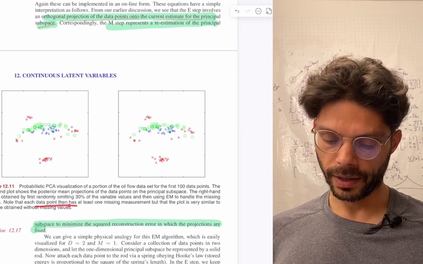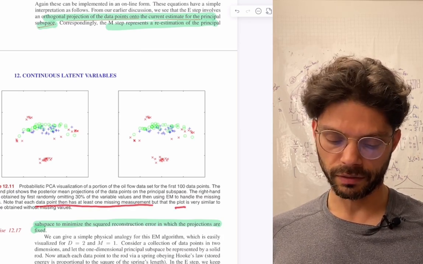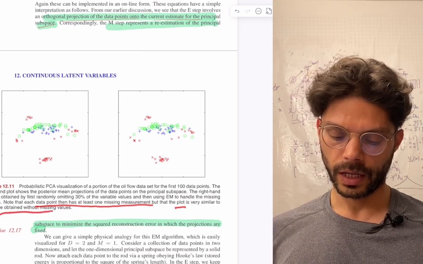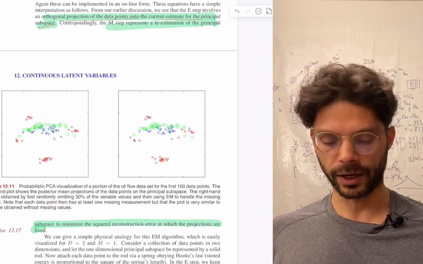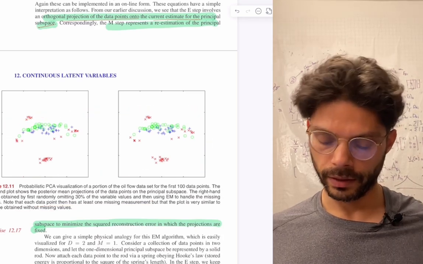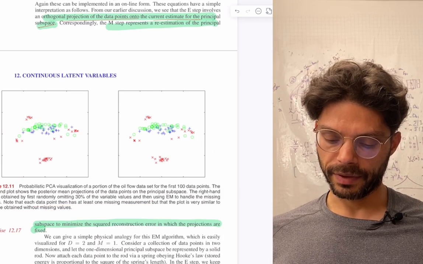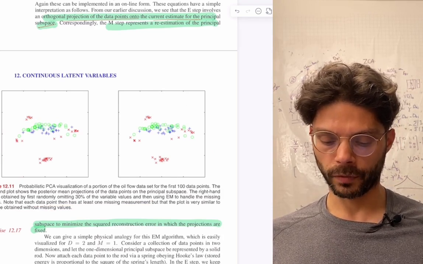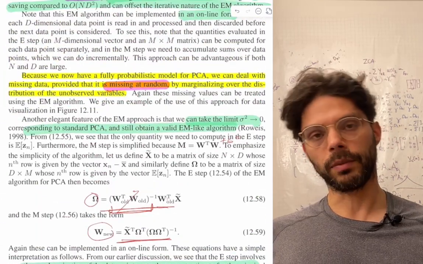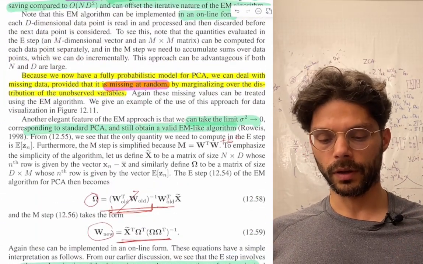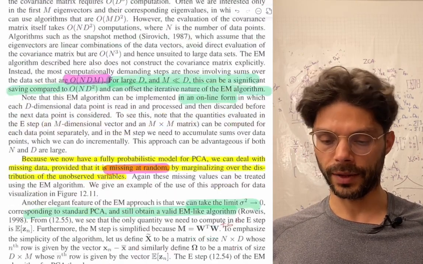Note that each data point then has at least one missing measurement, but the plot is very similar to the one obtained without missing values. So this shows that we can actually handle missing values in a principled way. That might be a fun example to also work through. But anyway, I think that's basically what we've got. So we applied the EM procedure to PCA, and we got this really